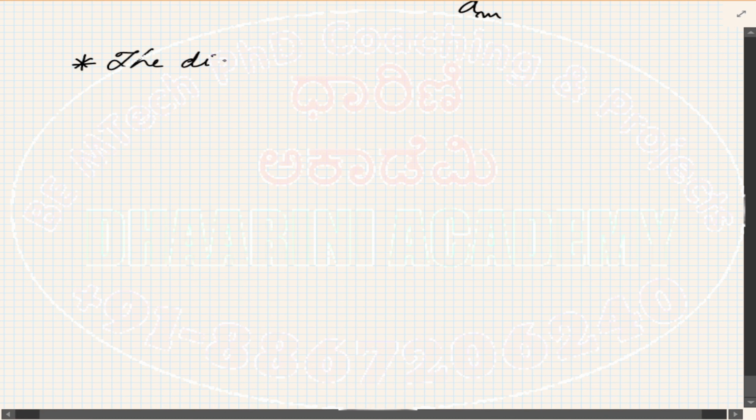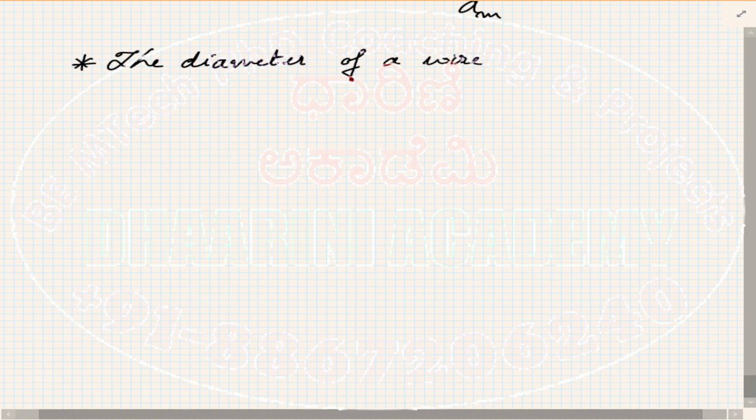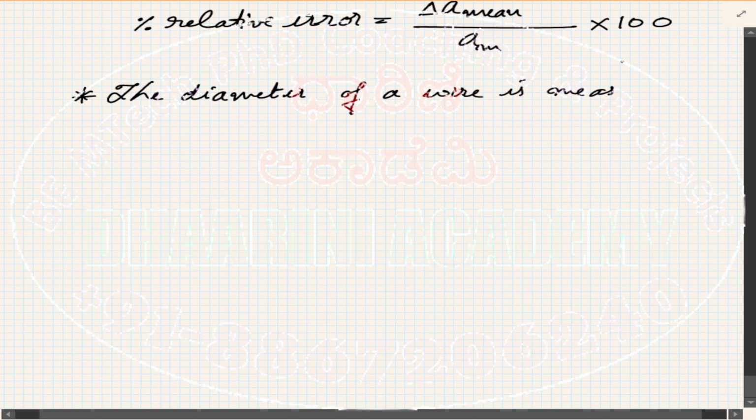The diameter of a wire measured by a screw gauge was